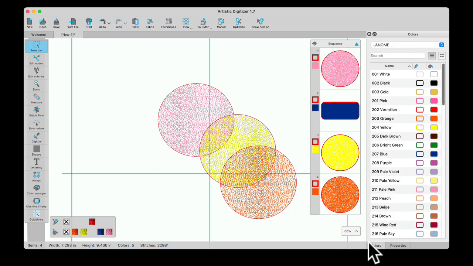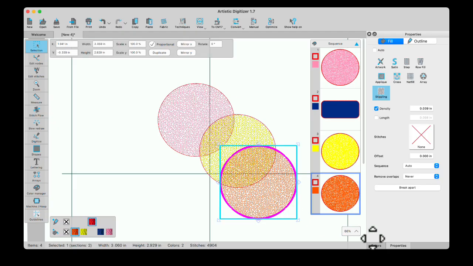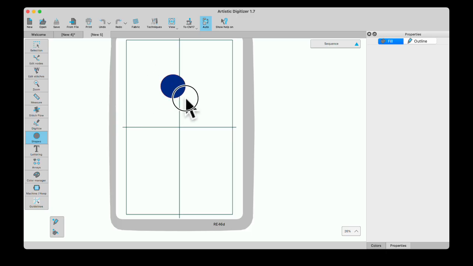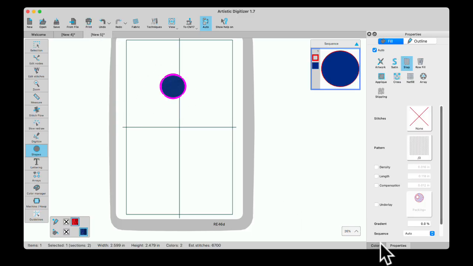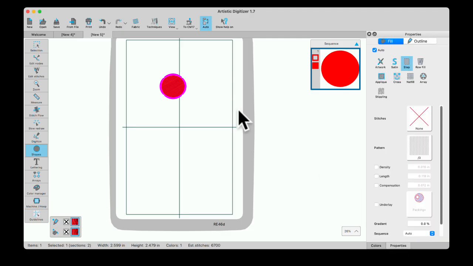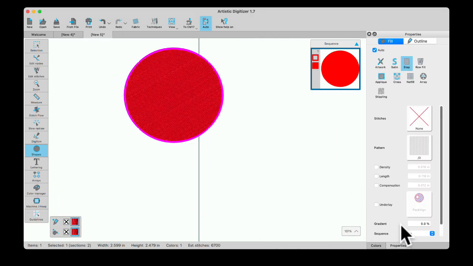Another way to create shading is to work with your gradient. And let me open a new page for that. And I'll create a circle again. And I'm going to go over here to my colors, and I'm going to make it a red color. And then in properties, let's zoom in so we can see this up close. In properties down here is gradient. And with gradient, you can go anywhere from a -500 to a +500,